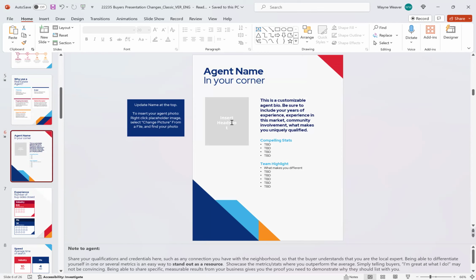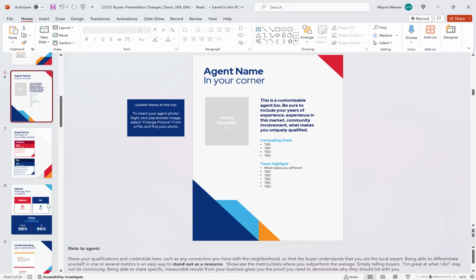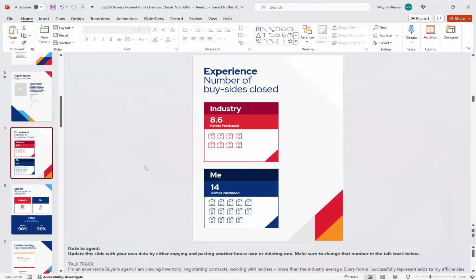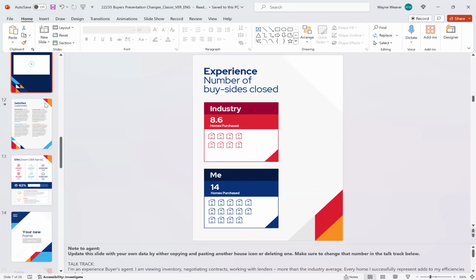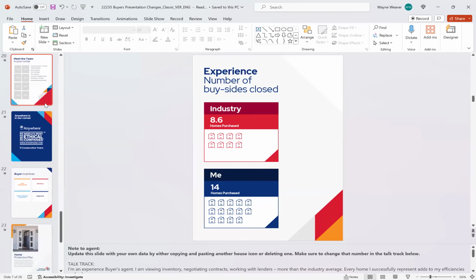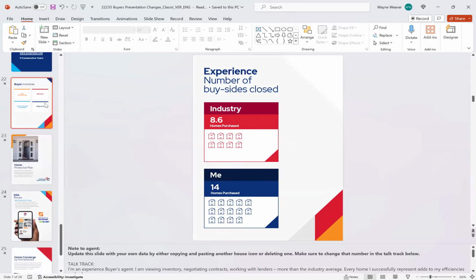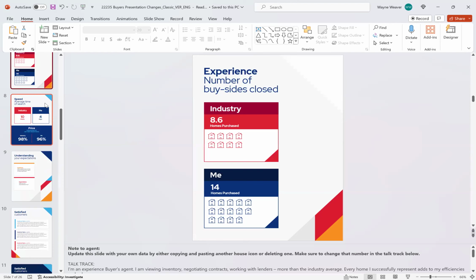Of course, you want to have this page done, your biography, so you copy and paste that in there, and then whatever stats you can put in here. But like I said before, if I get to this page, either please add the numbers if you want to, otherwise we need to delete it. You can just delete pages as you go. So the idea is to go through this and make sure you've updated as many pages as you want to, or deleted them. Then you have a base PowerPoint for your buyers,